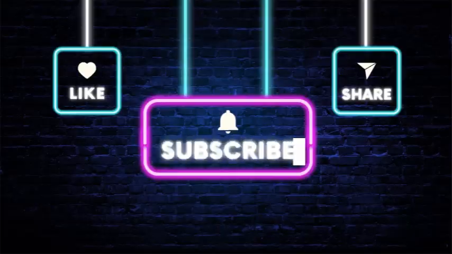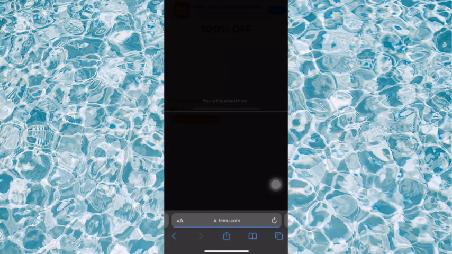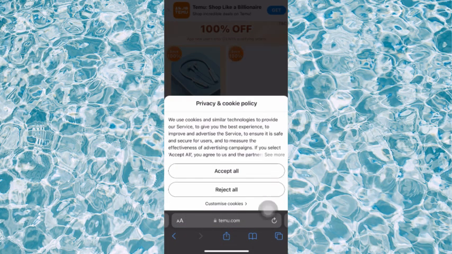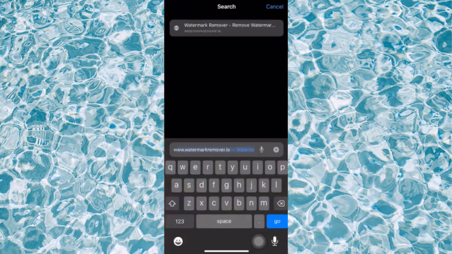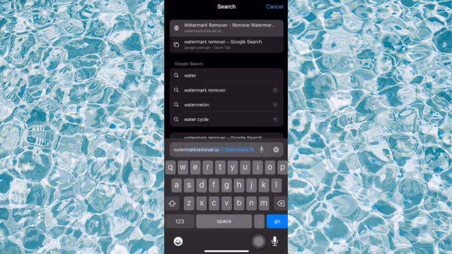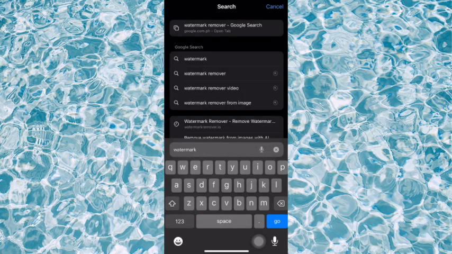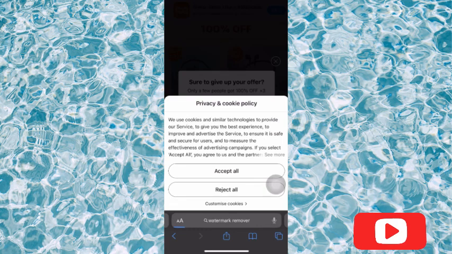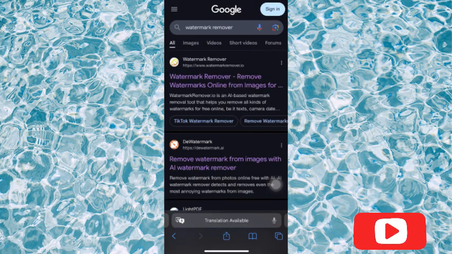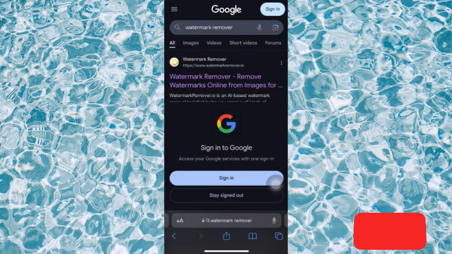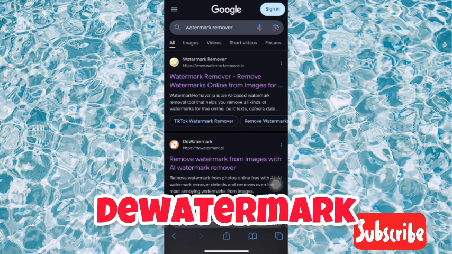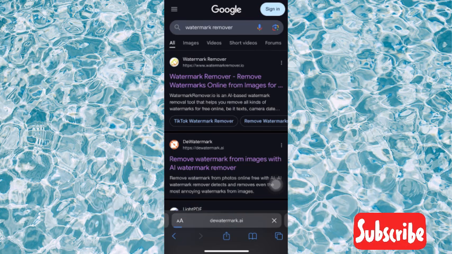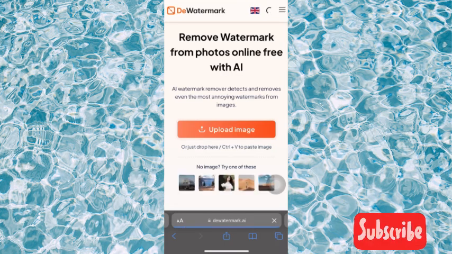Let's get started. Firstly, you have to go over to your browser or Safari, and what you have to do next is for you to type in watermark remover. Yes, they have different options here, but I'm going to tell you the one which you are going to choose. When you are done with it, you have to hit go, and you're going to see two different options here. So you go over to the watermark. You're going to see it at the second place, the watermark, and here it said remove watermark from photos online